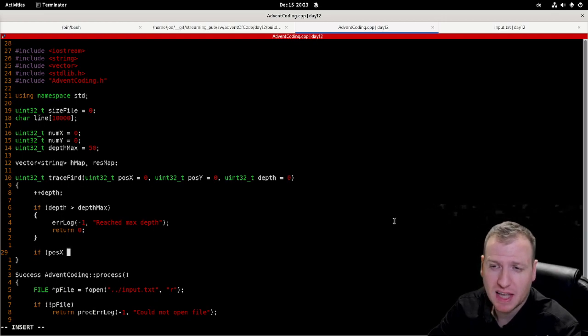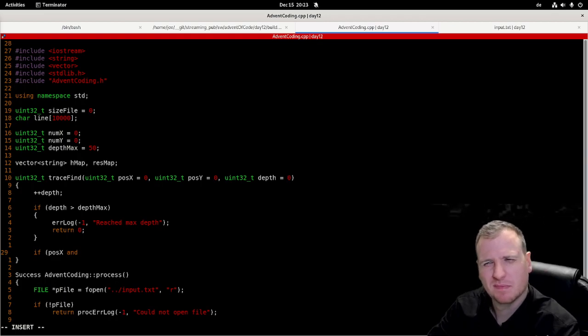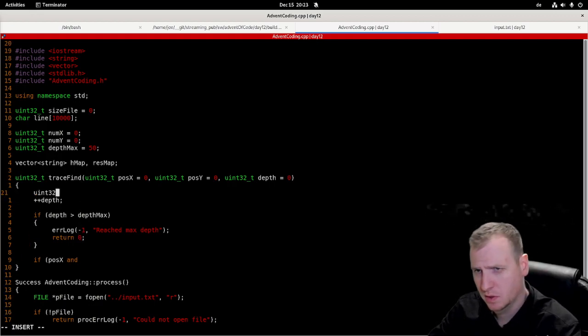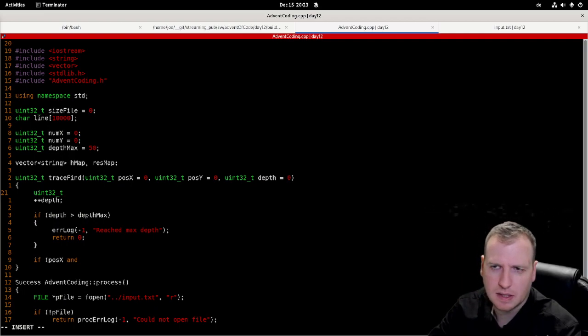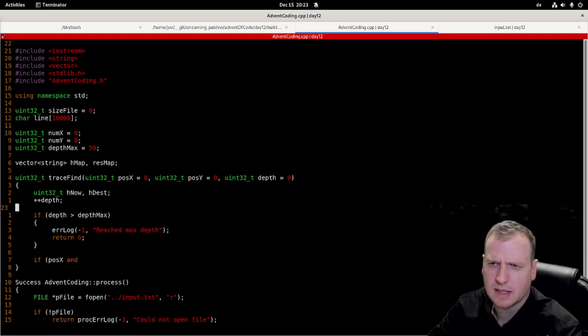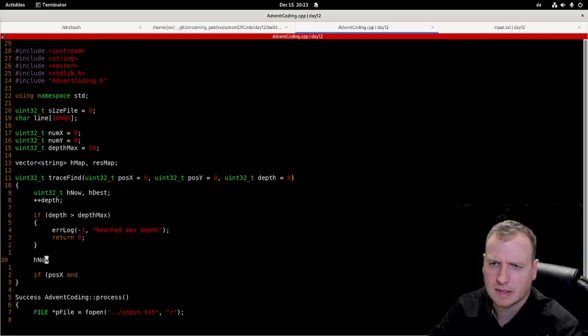So if pos x and your integer, height 1 and height 2, height now and height test. Height now is